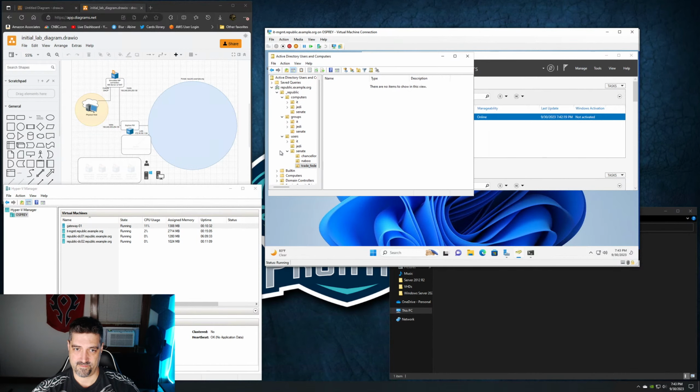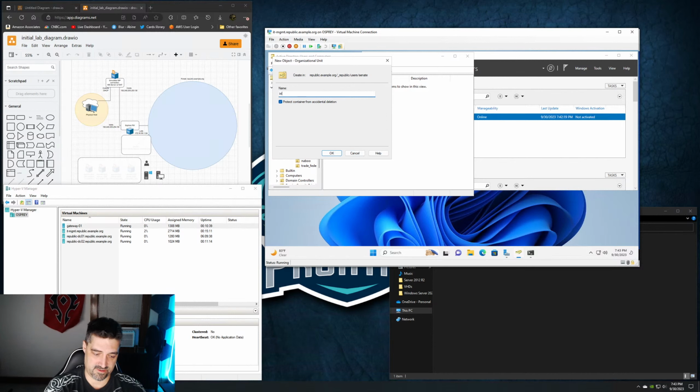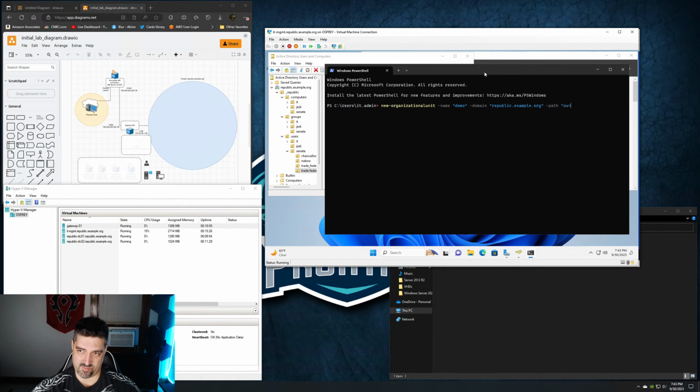create this one. And then we're going to create another one with an actual space. So we're going to name it Trade Federation, uncheck protect from accidental deletion. So this one's going to have the space. And this is the one that I'm going to demo to show you where you potentially can have problems. So in the string for the OU, we have to type in the Federation and then